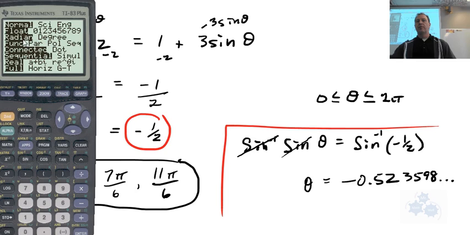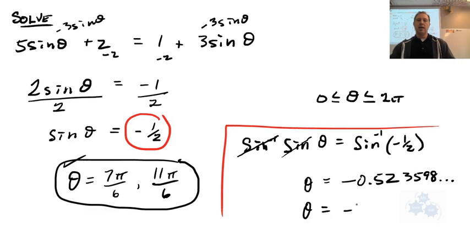So let me clarify here. If you are doing this like I did, my calculator's in radians. Your scientific calculator may be in degrees. And obviously you can switch the mode of your calculator if you want, and then it'll give you degrees. That's one way. If you want to go from radians to degrees, you just flip your calculator to degrees, and it should give you negative 30. Okay, so putting that conversion for your calculators aside, let's say this is negative 30 degrees,